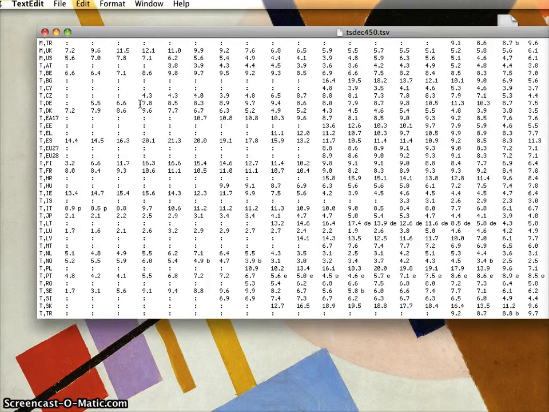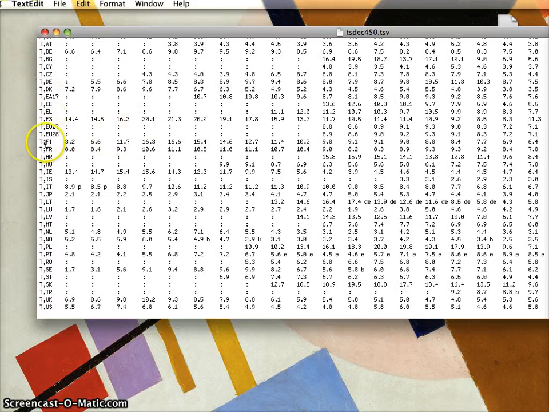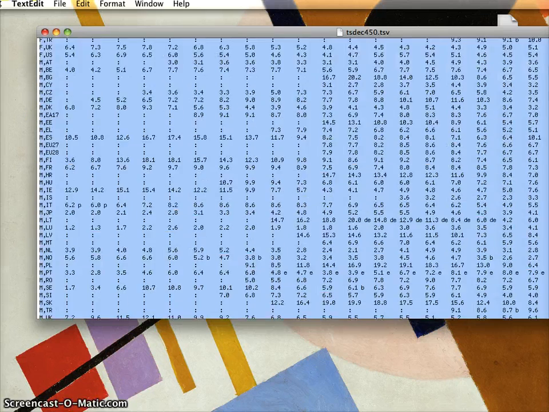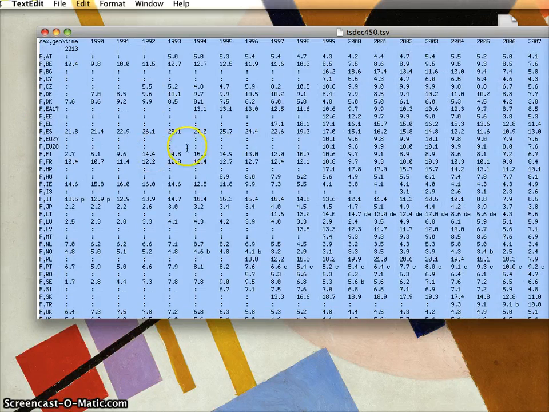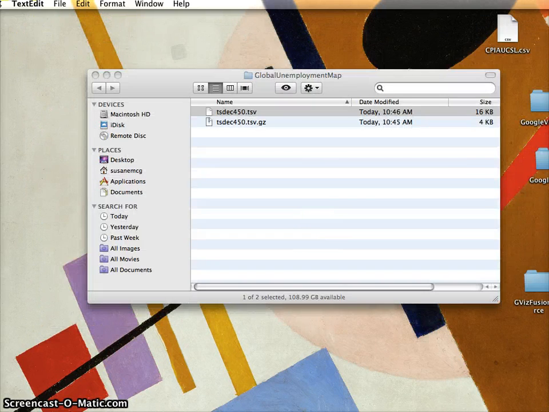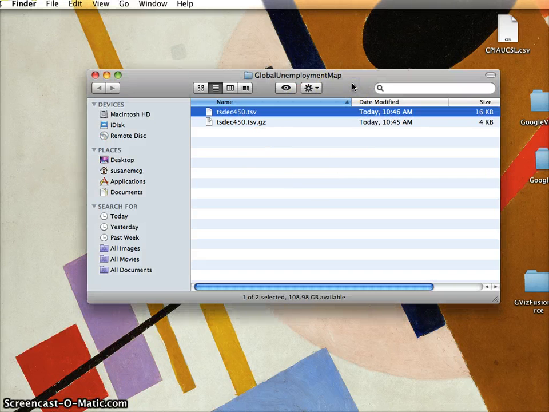We see, okay, so we've got male and female in total here. So that's cool. I think what I'm going to do is compare this to what I would get out of the Excel, because one of the things that's going to be important for us is we're going to need to be able to match up the country names in this file